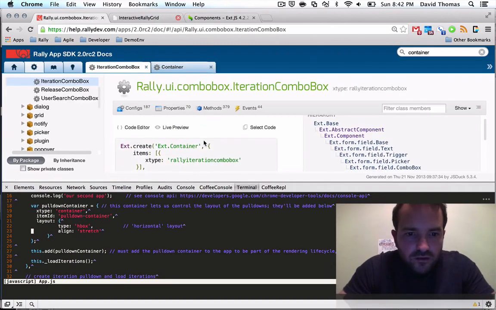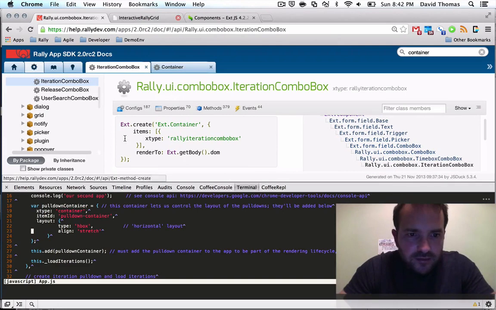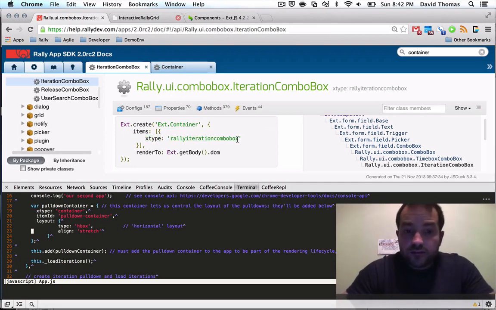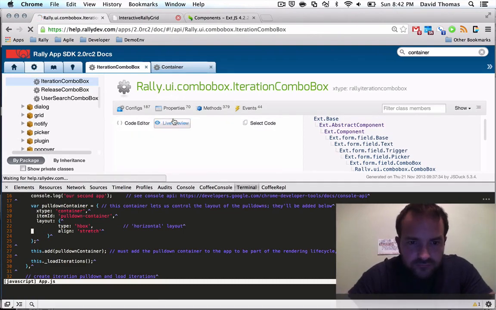We saw, in this very tiny snippet of code, it said, hey, let's create a basic container. And in that container, we're going to have a property called items, and it's an array of one or more objects. And the object that's here has a name of X type and a value of rally iteration combo box. This is a very small amount of code. It does a lot of stuff. This builds an iteration pull down box, right, in the code. Right? If I go live preview,